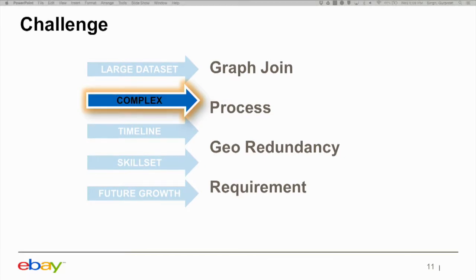Now, from the complexity perspective, we have two huge graphs and we have to join them together. So it adds complex operation by itself, and then comes the additional requirements from the product side, where they bring in the temporal aspect of the identities. That means if we have